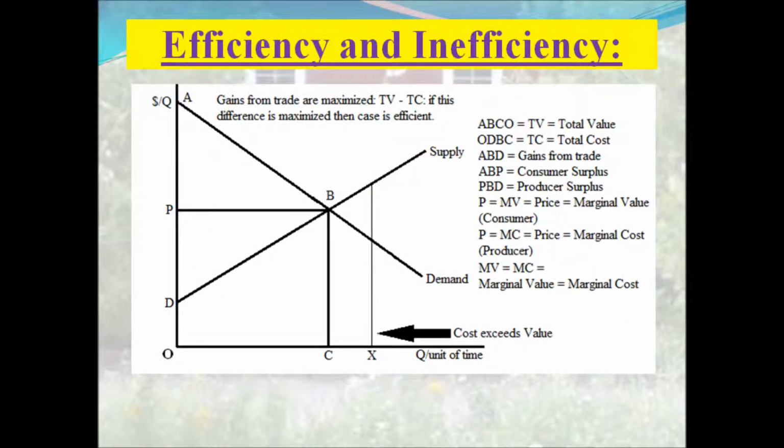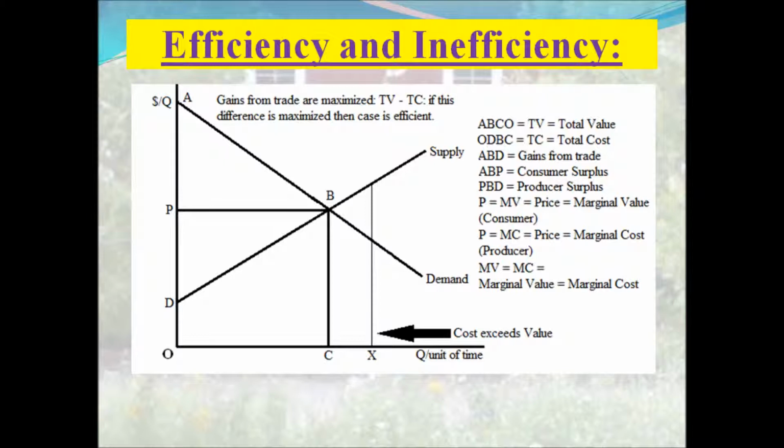Efficiency and inefficiency. Gains from trade are maximized, TV minus TC, that is, total value minus total cost. If this difference is maximized, then the case is efficient. Below we have a standard efficient supply and demand curve showing where